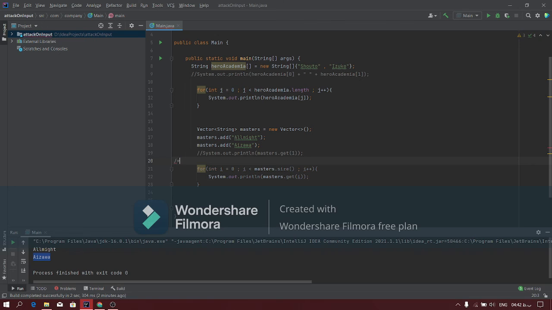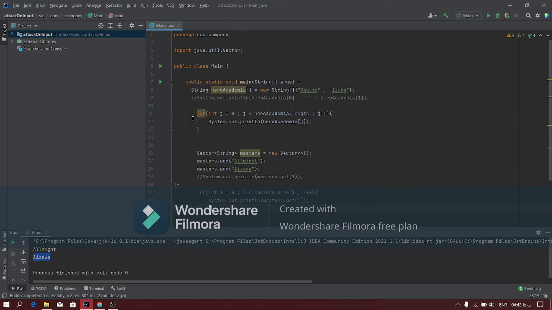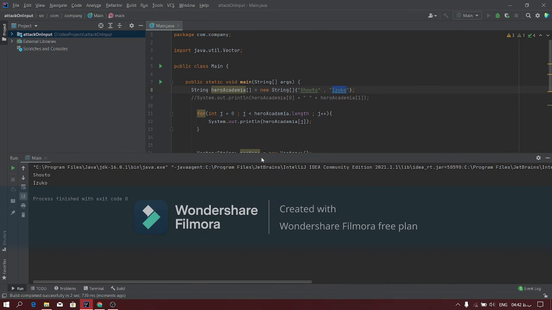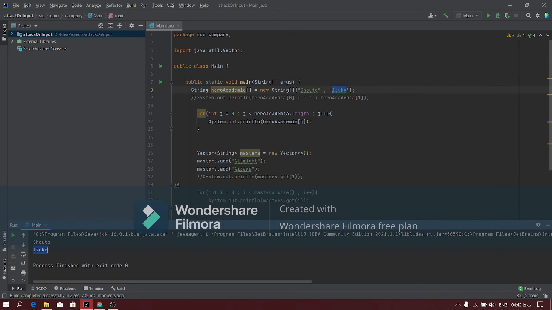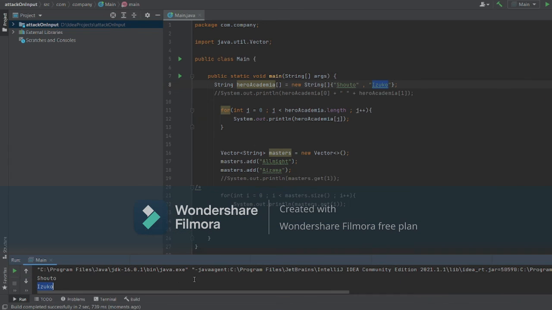Let me just comment this and just focus on arrays. Hero Academia elements are gonna be printed one by one, which is Shoto and Izuku, separated by an enter. As you see, so easy, right? I hope it was helpful, and see you